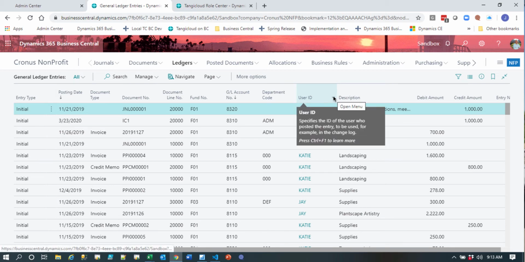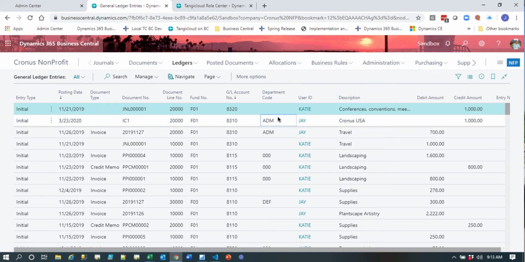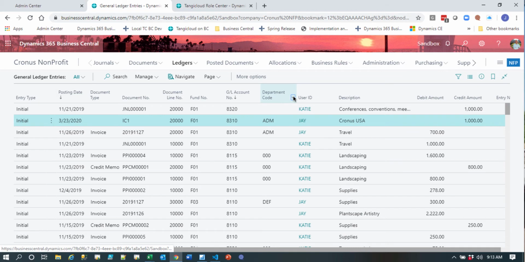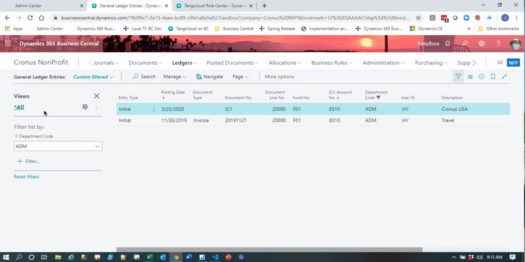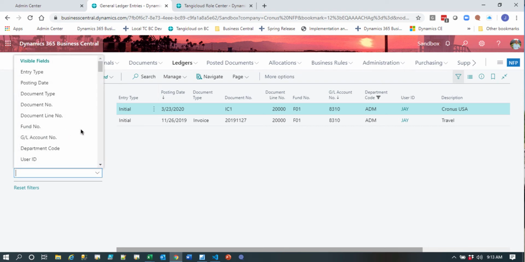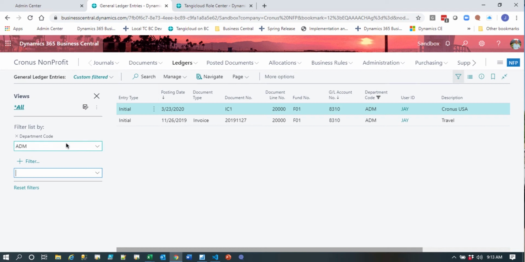You've been used to being able to do things like, if I want to filter on this department, I can say filter this value, and this opens up the filter tab, and you can add other fields in here to filter on, etc. However, now what's really cool is, I'm just going to clear these filters and go back to my normal,